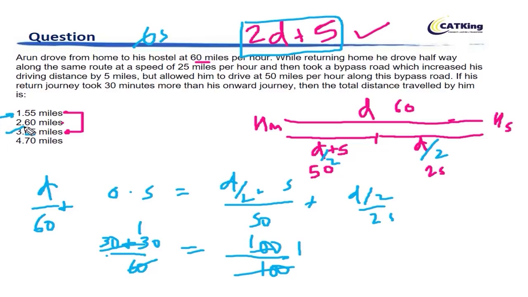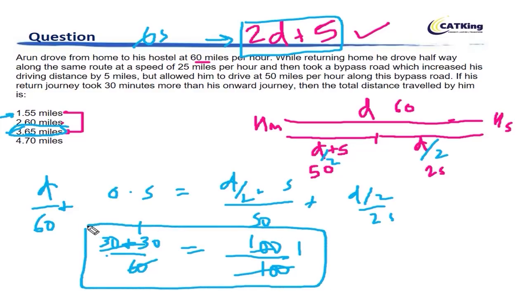So choosing the options wisely is very, very important in solving the questions faster. You have to realize this. If you actually choose the options wisely, you will more often than not solve the question faster than others. So what's the trick here? The trick is very, very simple. Use the option which is of the form 2d plus 5 giving d as an integer, and then substitute in the equation and check it, rather than solving the equation which might take you more time. Okay, I hope this is clear to you.